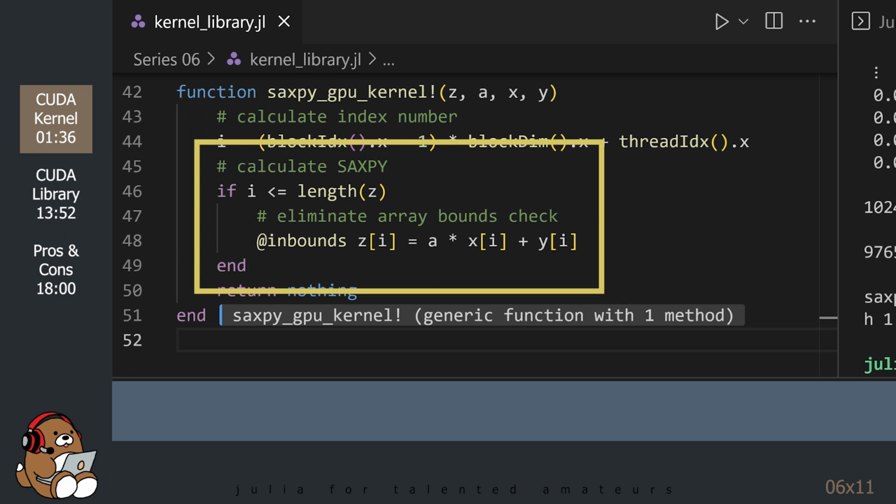The task mapped to a thread is independent of all other tasks, which is what allows it to run in parallel on the GPU. As long as this condition is true for that individual thread, then the Saxby calculation will be executed on that thread, regardless of what's happening in any of the other threads.